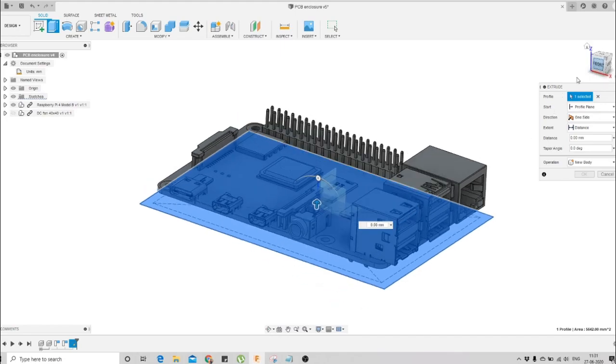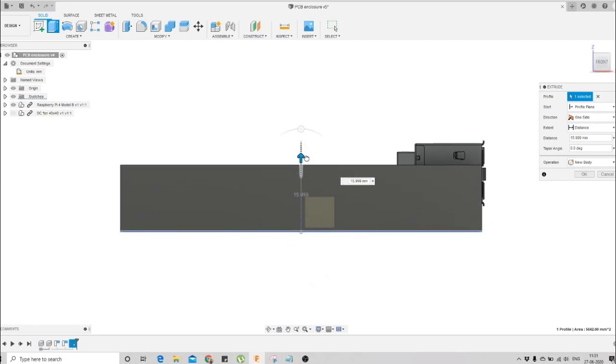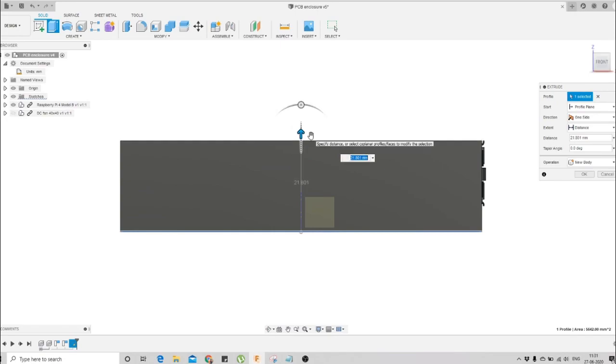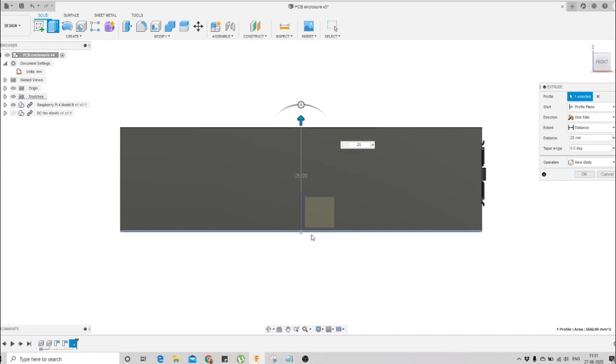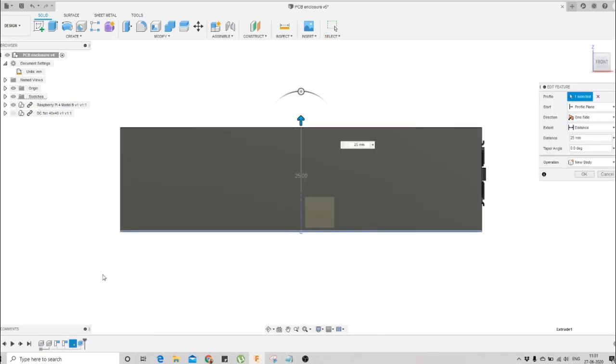So I will just go to the front view, so I will be very clear about the height, and I will just drag it upwards. So here you can see I needed at least, say, 25 mm. I want the height of around 25 mm, and I will press OK. So one more thing you have to take care of while extruding. When I go to the extrusion option, I will edit features. Here you can see that I had selected the profile, I had specified the distance as 25 mm, and the operation I want to keep as a new body. So be very careful while doing the extrusion command about what operation you choose.